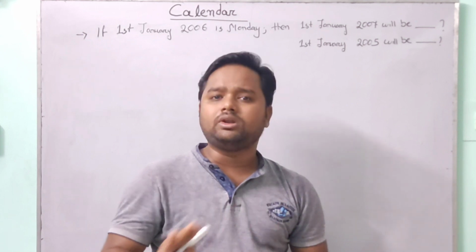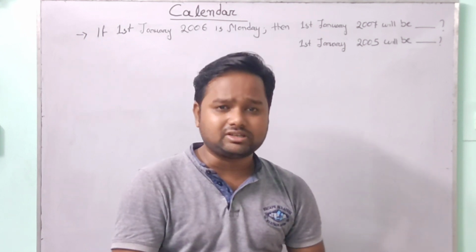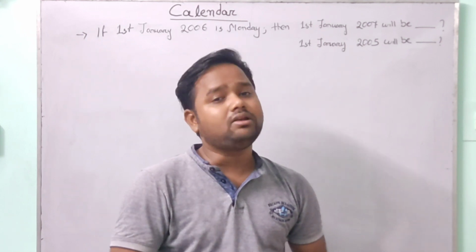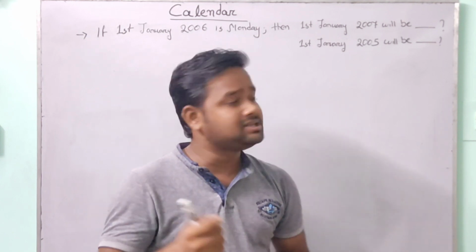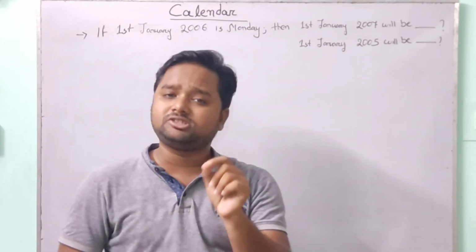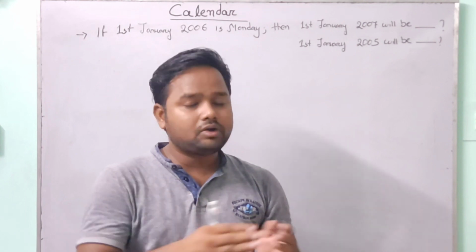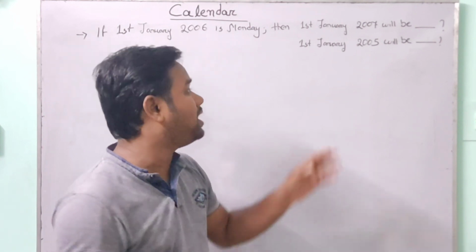Here we can say there is no leap year, so no need of any calculation here. If there is a leap year, then one more extra day will be added. That means in case of +1, we have to do +2 here. We will do another example in the next question, but here what we have to do?